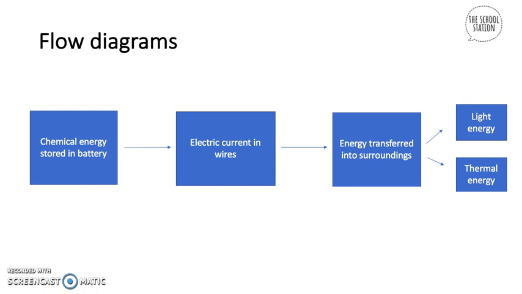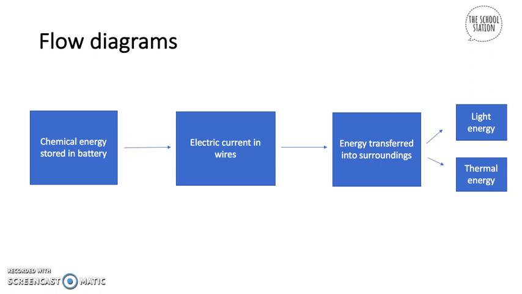So over here, you can see that it starts off with the input, and the input to the torch bulb, the light bulb, is that chemical energy is stored in the battery, and that's what you have to really remember. And then after that, it turns into electric current, and then it goes through the electric current in wires, and then there is energy transferred into the surroundings, because when you turn on the light bulb and it goes through the wires, some of the energy that comes out will be light energy, but some of the other